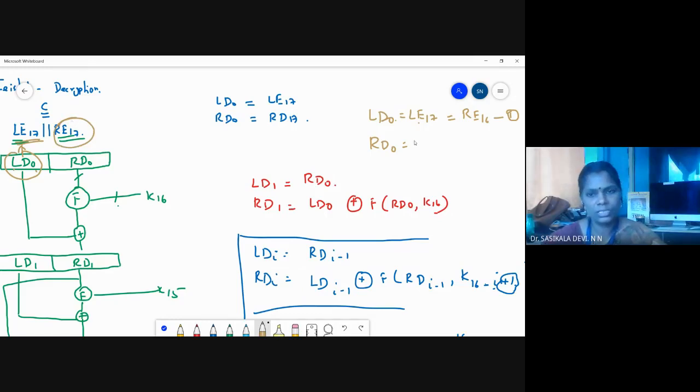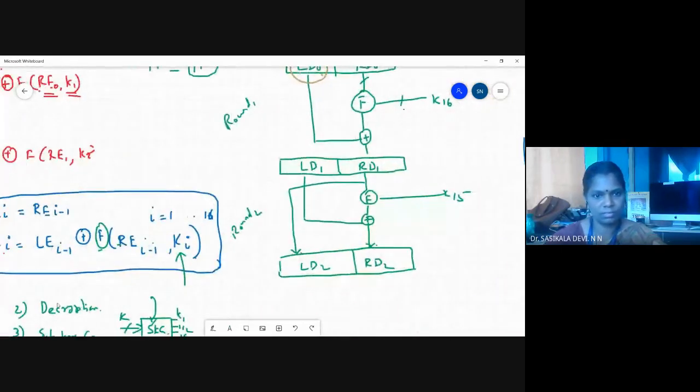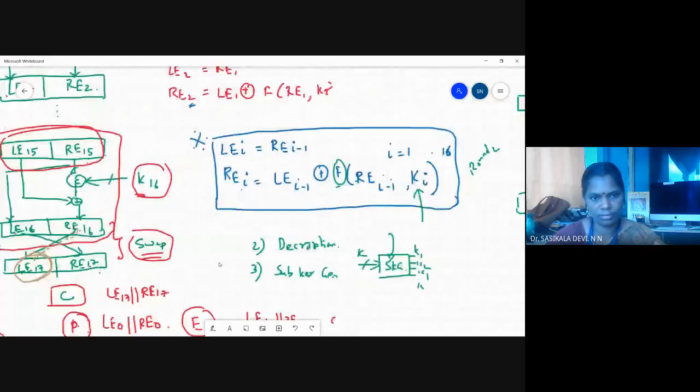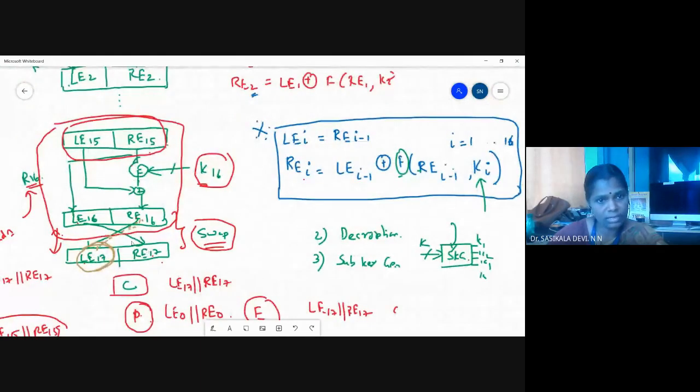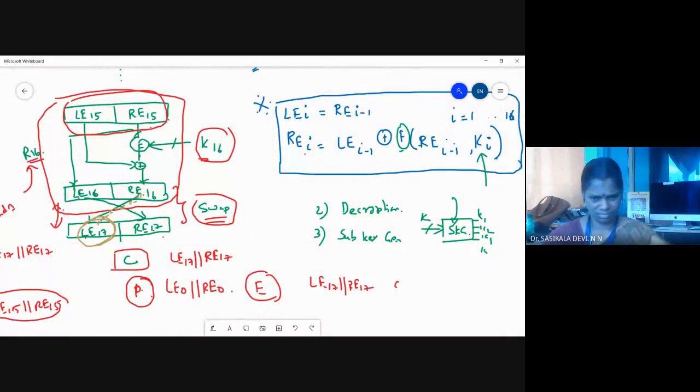So this is RE17. But what is actually RE17? Let's go here. RE17 is nothing but LE60, because directly it is swapped LE60. But LE16 is a direct output of RE15. So I can write RE17 is LE16, which is equal to,